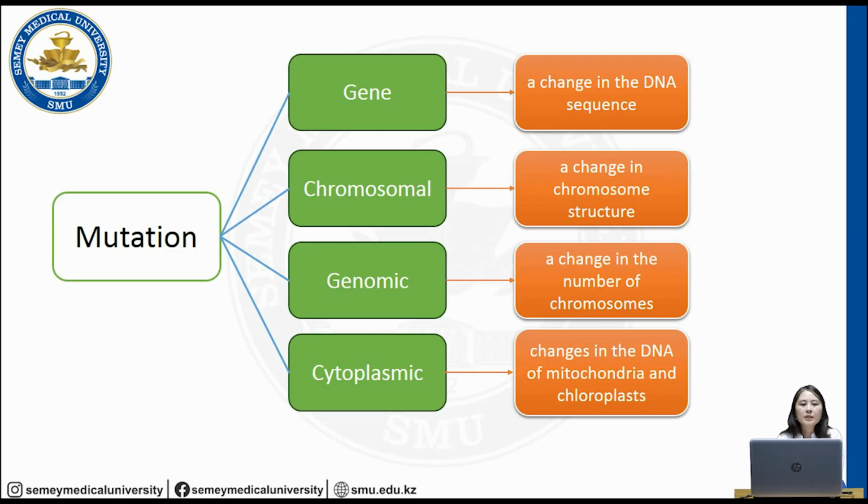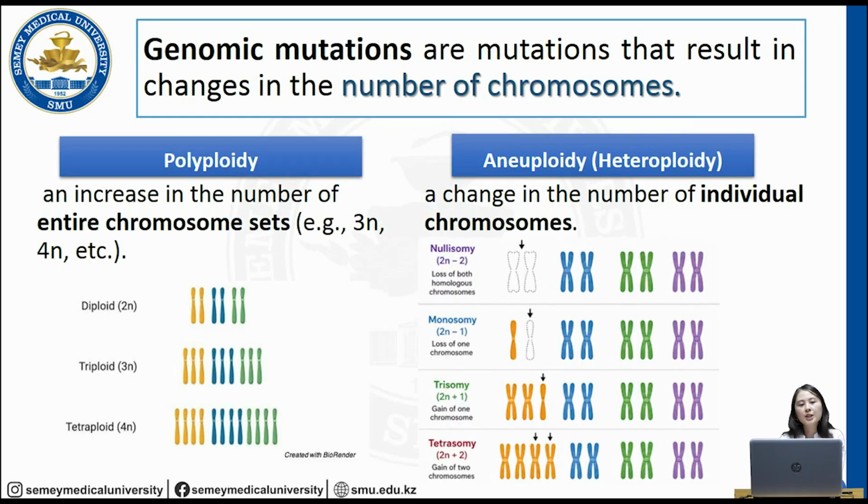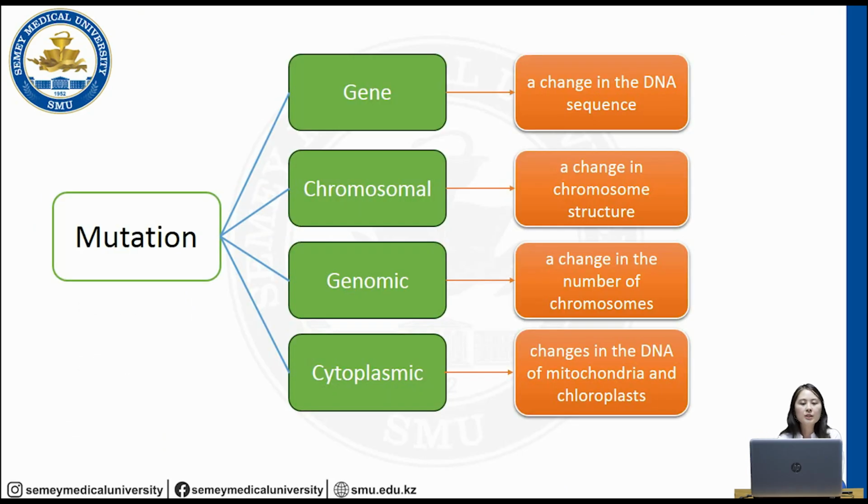On the scheme, you can see the classification of the mutation based on the level of the change in the genetic material: gene mutation, chromosomal mutation, genomic mutation, and cytoplasmic mutation. Gene mutation is a change in the DNA sequence. Chromosomal aberration is a change in the chromosomal structure. Genomic mutation is a change in the number of the chromosomes, and cytoplasmic is a change in the DNA of